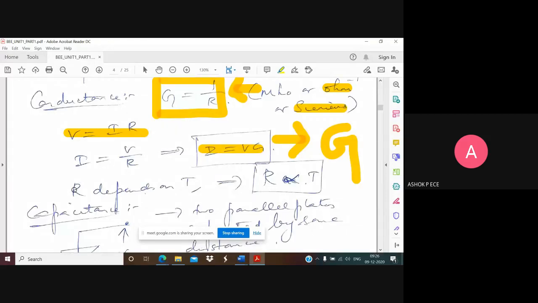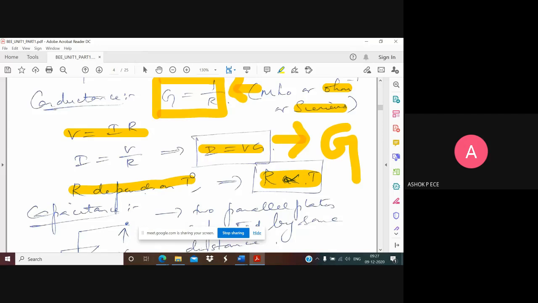And you see, resistance always depends on temperature. So resistance increases with temperature mostly. There are some devices where resistance will decrease with temperature, but the majority of resistances you take will increase with temperature. For example, in your house, if you keep a resistance, the value will be 1 kilo ohm. If you keep the same resistance in Jammu Kashmir, where the temperature is always less, it will be 900 ohms. So a difference of 100 ohms is there because of temperature.